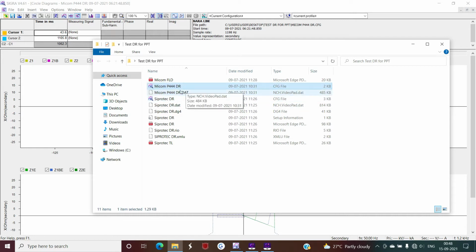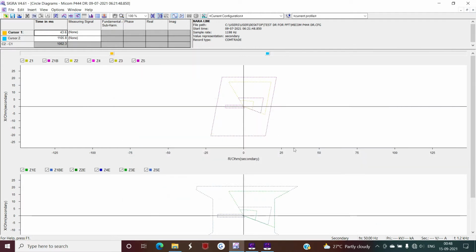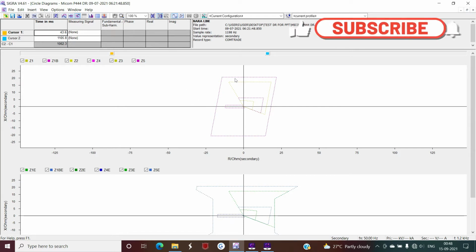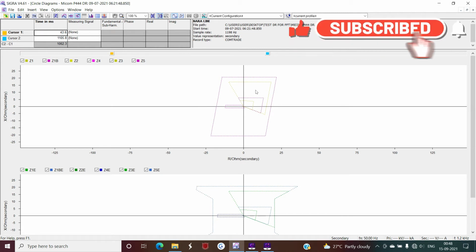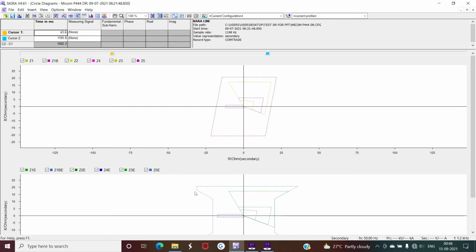In this folder, I have only the CFG, that is the ComTrade file, and DAT, that is the data file of the P444 relay DR. The RIO file which is available is for the Siprotec DR, and since I have just used this DR for the analysis or for the video session in Hindi, I have already saved that RIO file. That's why I am seeing over here this distance protection zone characteristic, but this characteristic is not applicable for your